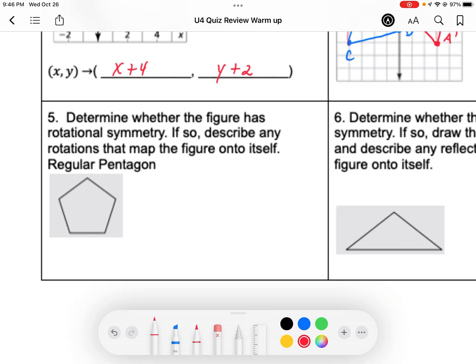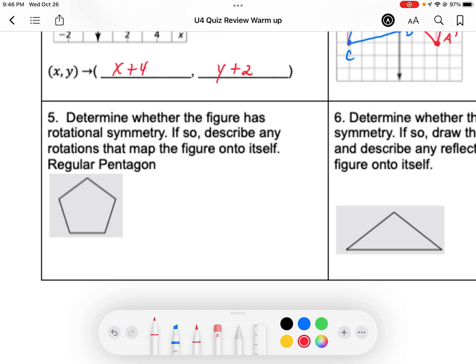All right, and the final 2 problems talk about symmetry. One of the things we talked about with symmetry was rotational symmetry. And that's where if I rotate the figure 180 degrees or less, and it looks exactly identical to the original, it has rotational symmetry. So with this regular pentagon, you can see we can rotate this several times less than half a circle, or several times even less than a full circle, and it still looks exactly the same as